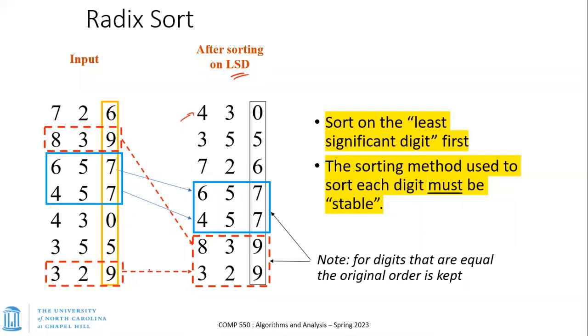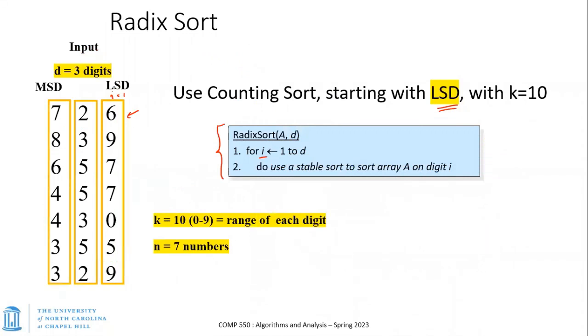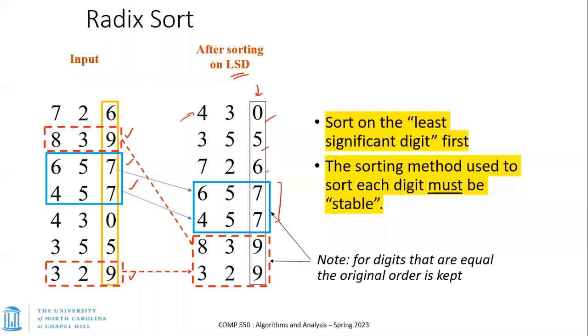9 goes down here. You have this 9 and this 9, and then you've got a couple of 7s. These 7s come together. The 0 goes up. 5, 6. So now you've sorted on the least significant digit. And now it's utilizing counting sort. Okay, that's our assumption. So we're going to use a stable sorting algorithm to sort these, and we're using counting